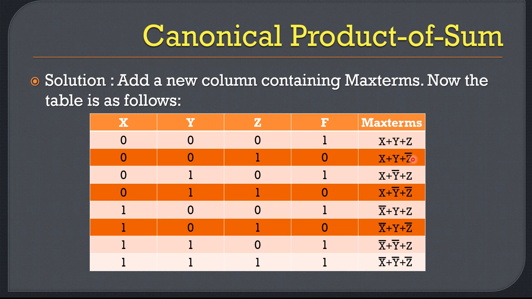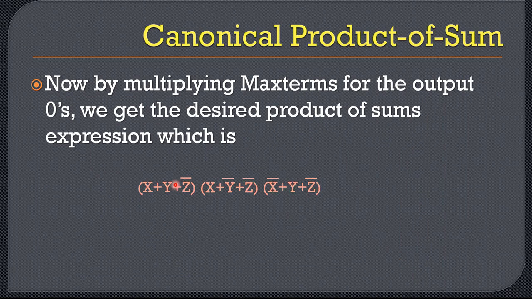That's it. Same as min terms, but where for SOP you take the rows wherever you have 1, for product of sum you take only the rows wherever you have zeros. Whichever rows in the result column have zeros, you take only those max terms and write them. So that's how you got (x plus y plus z dash) into (x plus y dash plus z dash) into (x dash plus y plus z dash). This is how you got this